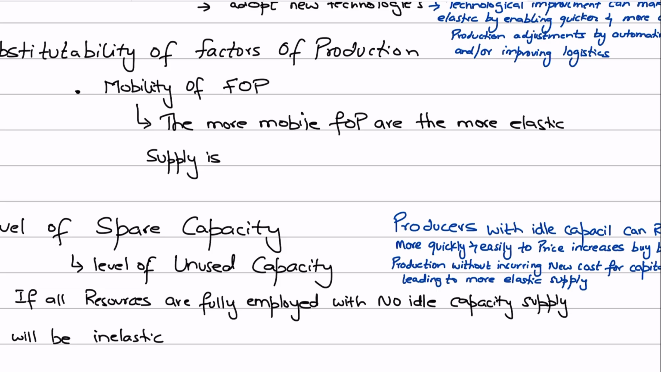So the more substitutable and the more geographically and occupationally mobile the factors of production are, the easier it is, right? So yeah, this is one thing. And